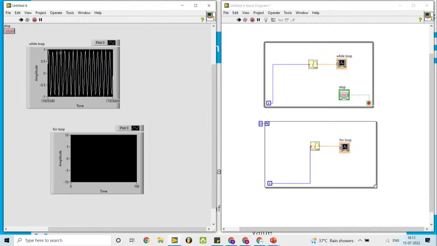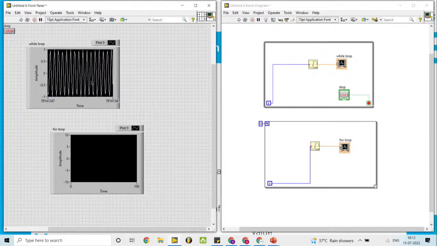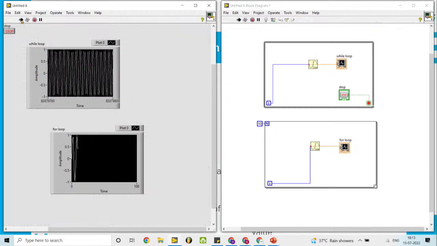You can see while loop is running. We have no output at the for loop. And if I stop it, for loop will be stopped. While loop will be stopped. The condition is that i is equal to 0, and for the first case only, n is equal to i, and this code is not executed. So if I make it 10, now I can run this code, you can see it is executing, but